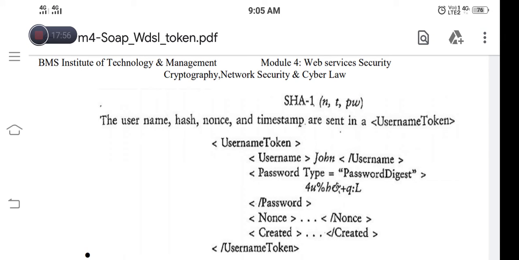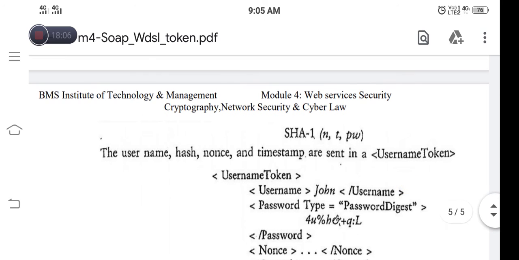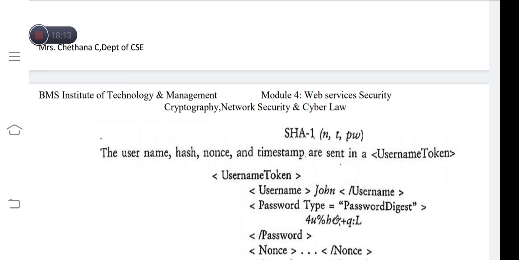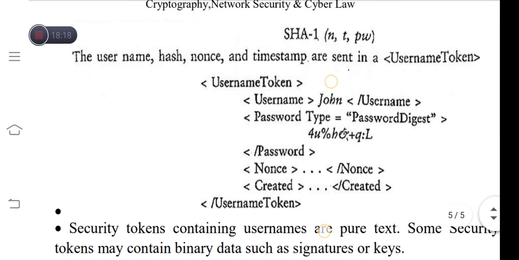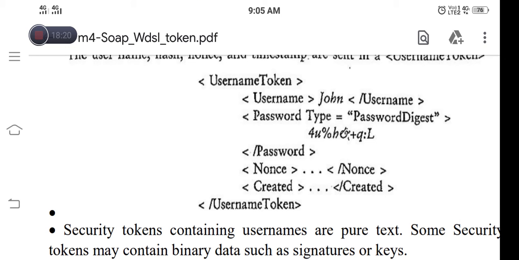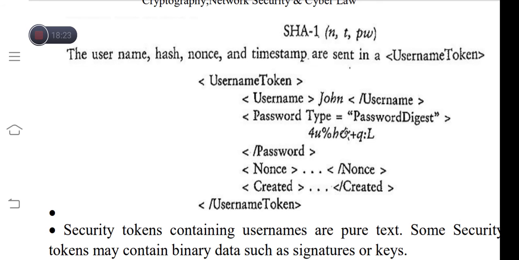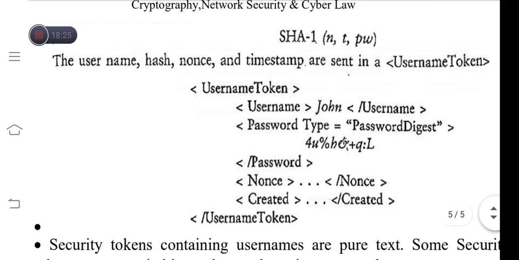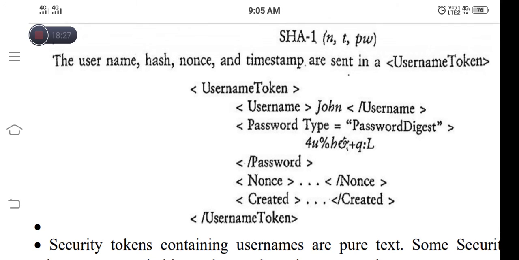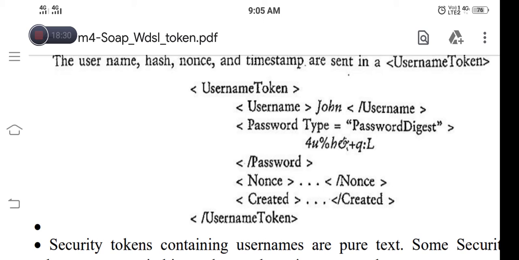Initially it was to mention the token types, security tokens in terms of username plus the password, but now the username, hash, nonce, and the timestamp are sent in an element known as username token. Inside the username token, starting and ending, we have various other parameters: the username followed by the password type.